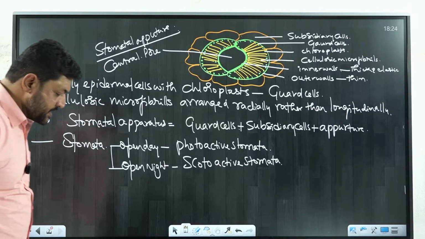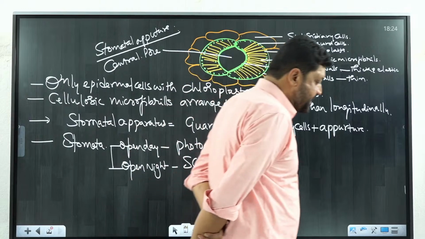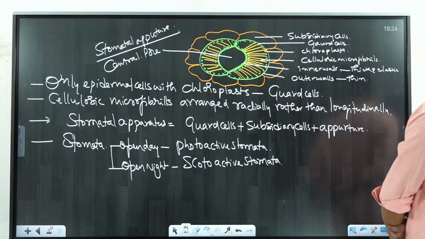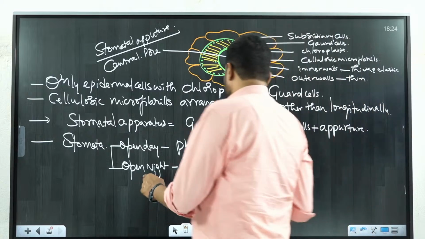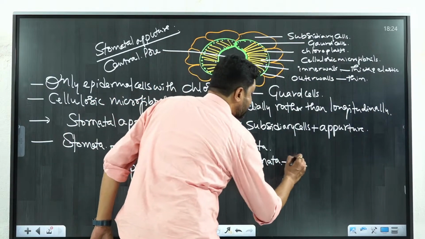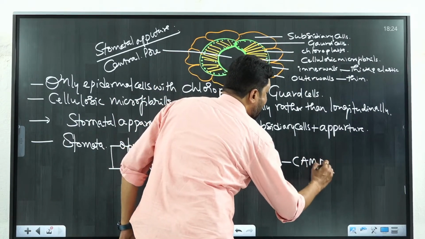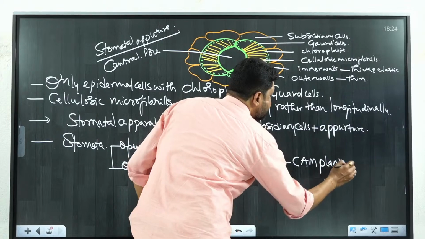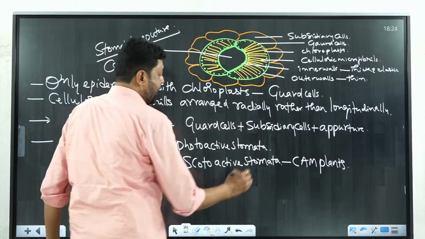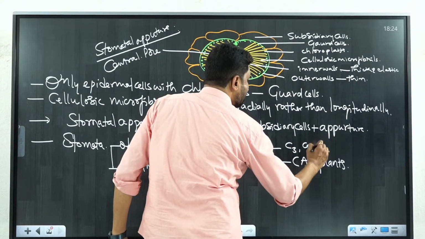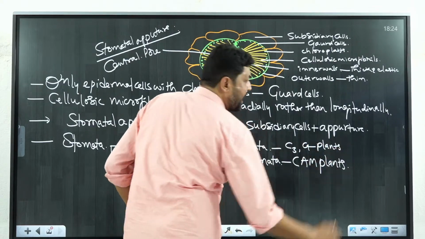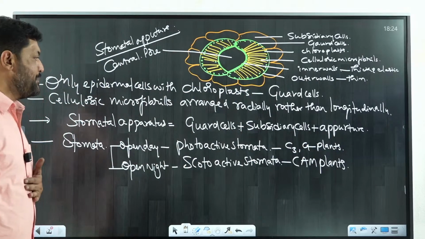Within the same room, if we are all releasing carbon dioxide, something should be there to absorb it. This photoactive stomata is present in CAM plants, the crassulacean acid metabolism plants, and regular C3 and C4 plants have photoactive stomata, but CAM plants,